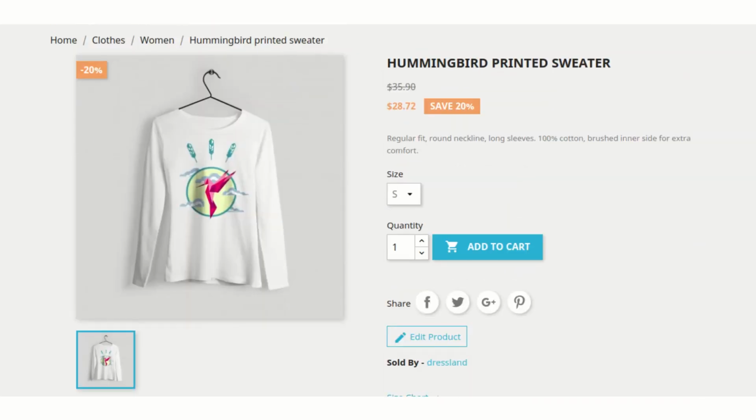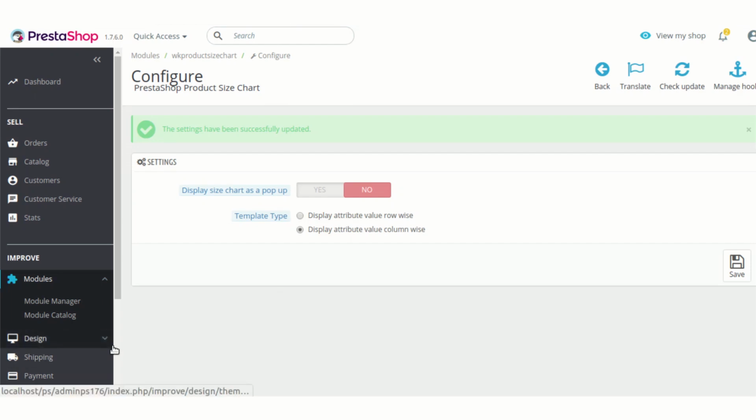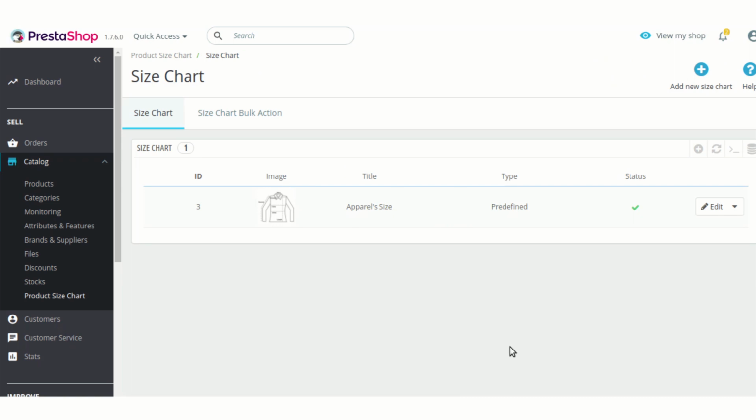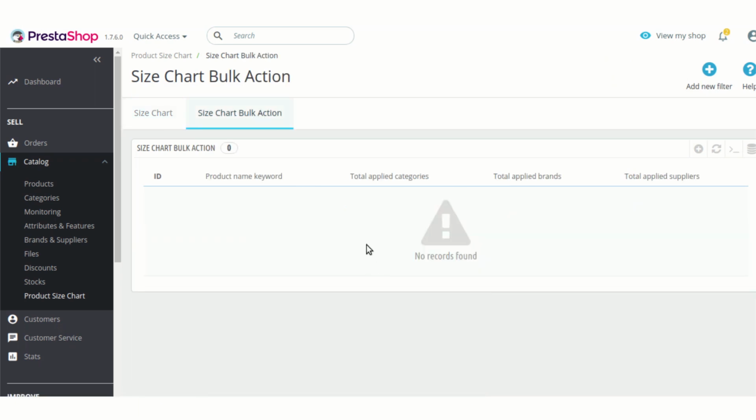There are other options also in the product size chart module. To see that, we can again go to the product size chart option. Another option given with the size chart module is size chart bulk action. This option is specifically provided to ease the process of adding a size chart one by one to all the products on which you want to add.